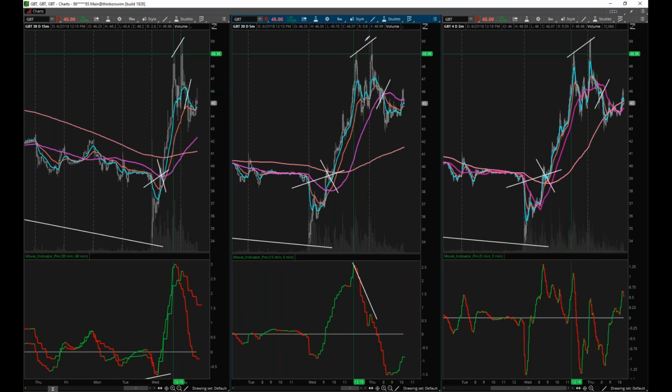Now, personally, I'd be looking at something like this, like, double top, indicators dying on me. I'm just going to get out as soon as it kind of breaks down here. That's a pretty good trade for a day trade. I mean, that's really good. That was $10 for a day trade.